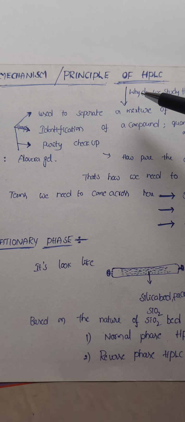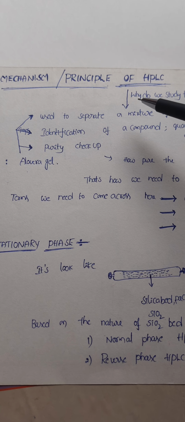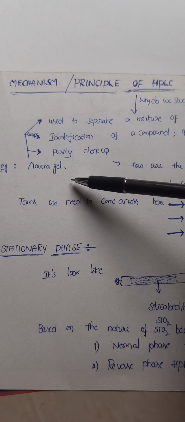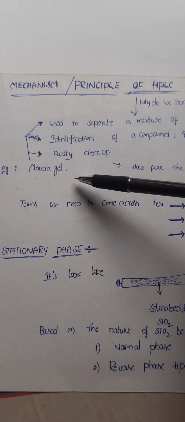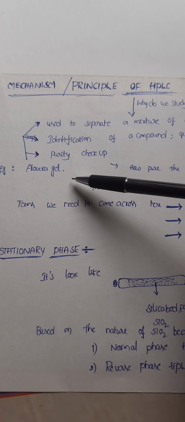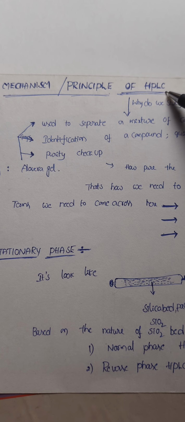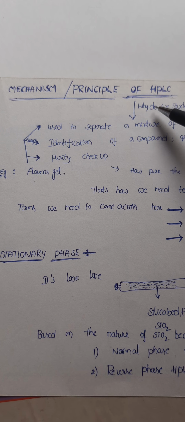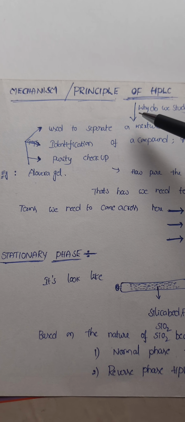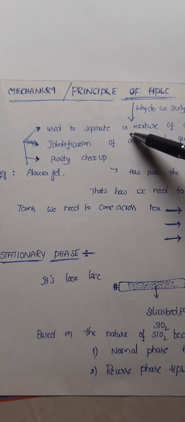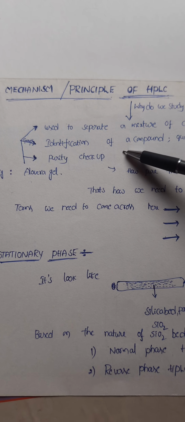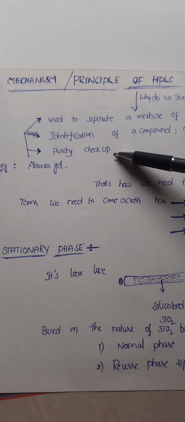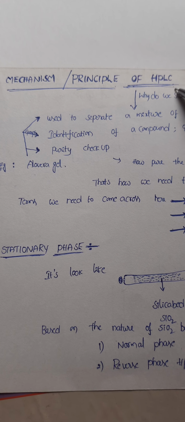Is there any use in real life for this study? Yes, of course. If we take an aloe vera gel, to know the constituents and groups present in it, and to know the purity of a particular gel, we can attain this by the HPLC technique. Even if we have a small microgram sample, we can separate the components present in it, identify and quantify those compounds, and even know the purity of a particular substance by this HPLC,